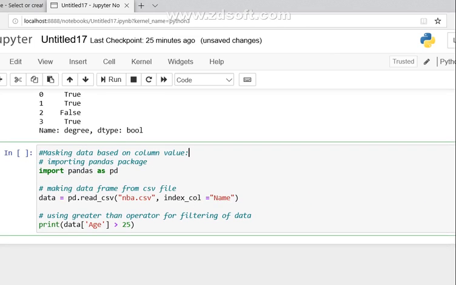So what we are going to do here: first, importing our pandas package. The second step is that we have taken the data from a CSV file, that CSV file is nba.csv, so give its proper path. And now I am using its Name as the index column.